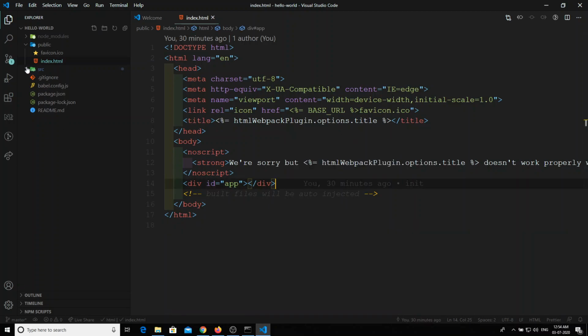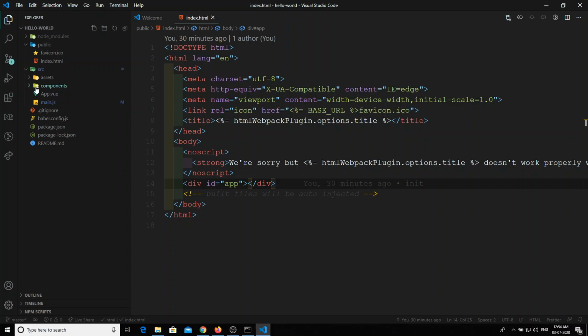Now we can go into the source folder. Here are the assets where you can keep pictures, images and things like that. Now here come the components.